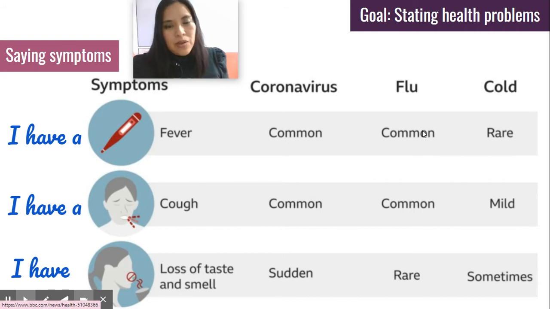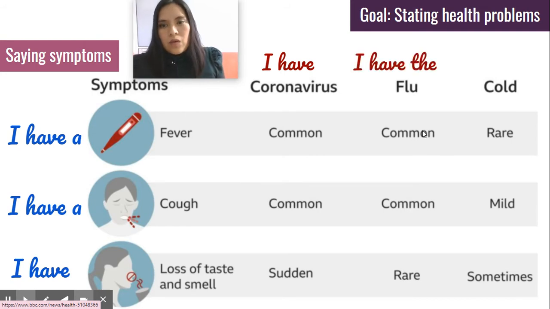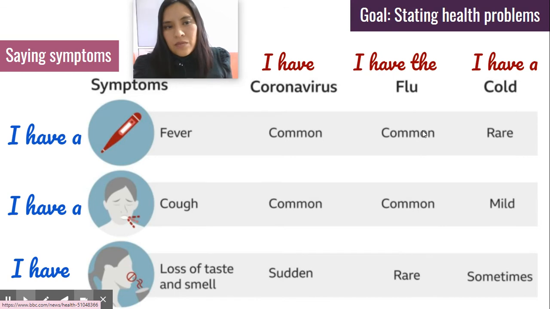How to express them? To say about coronavirus, we say, I have coronavirus. Now, I have the flu. And finally, I have a cold. If you notice, there are subtle differences among them because we use I have, and I have, but coronavirus is straight, the flu, and a cold. Even though we use have, we need to specify the particle that is along with our illness.